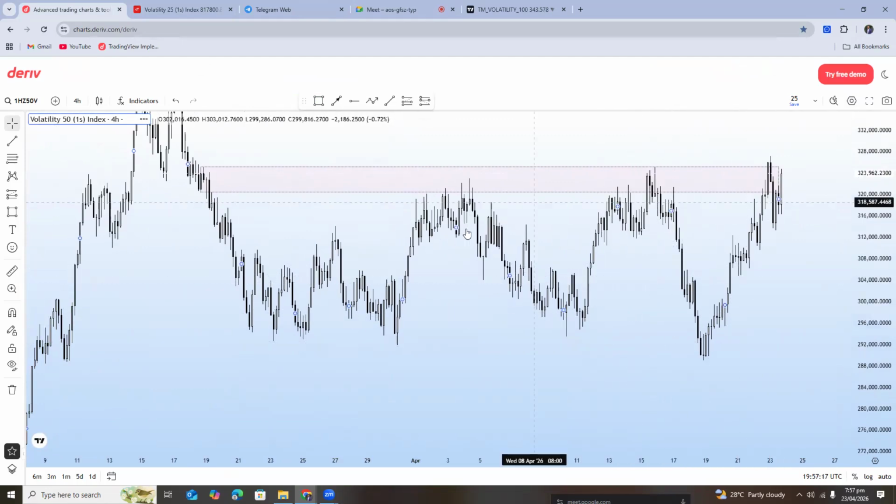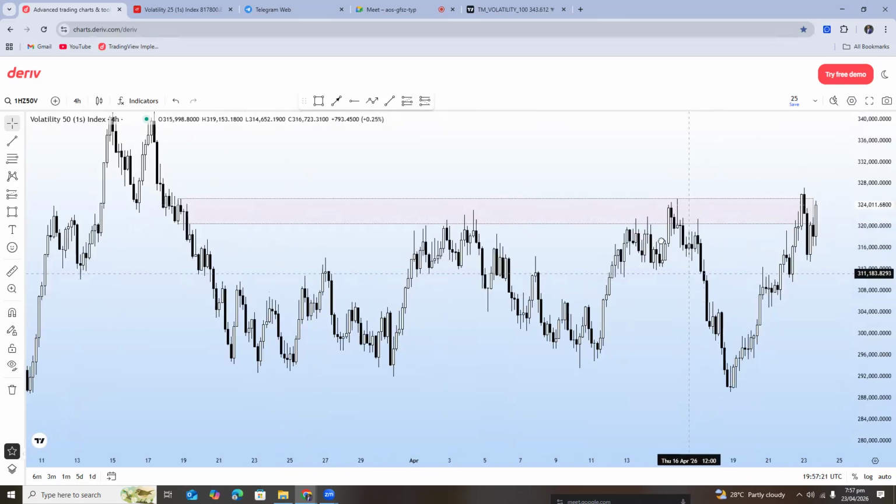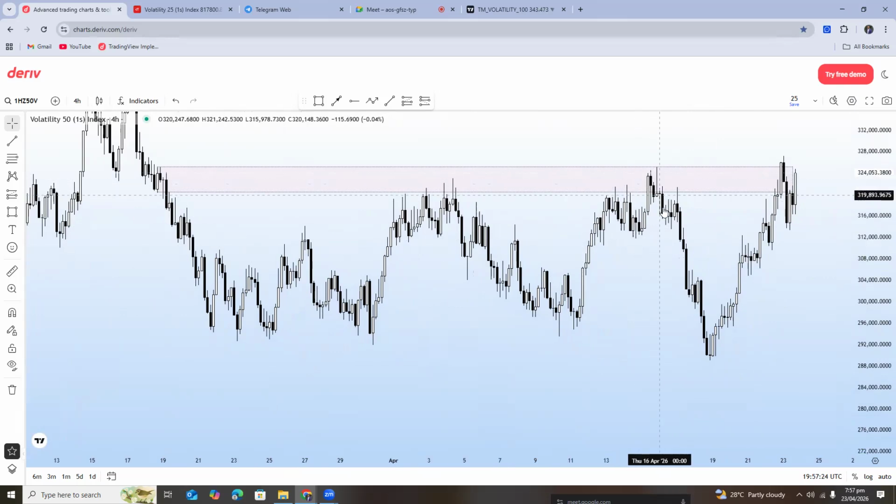This is the higher time frame level that I was looking at. So you see price traded into the block. I don't know if this will give, oh, there is no 3 hours here. So this was the market that I said I saw a CRT on the 3 hour time frame,